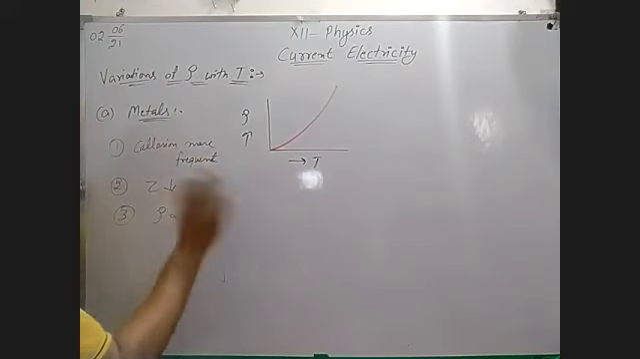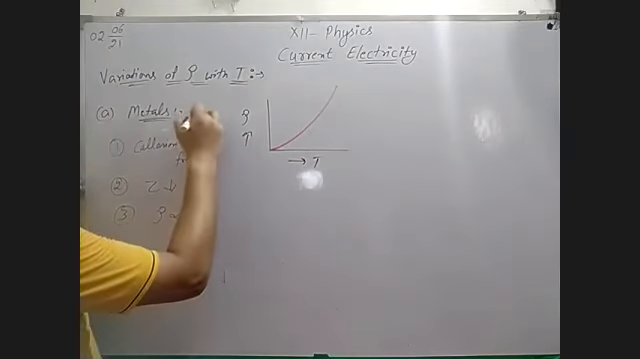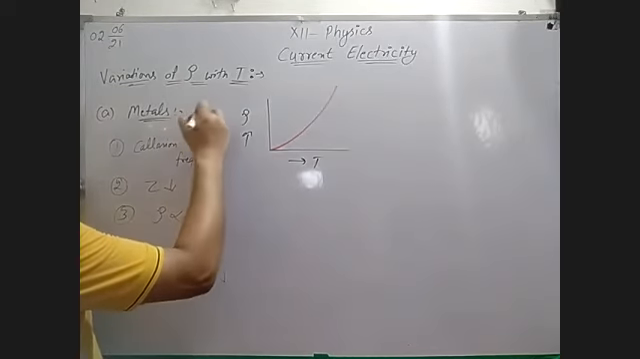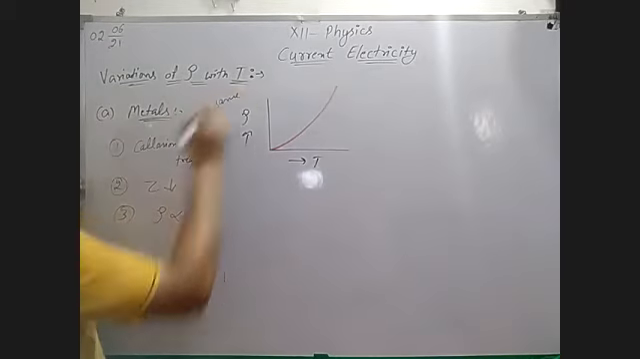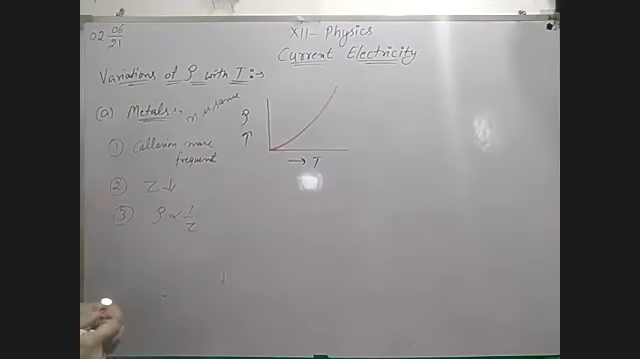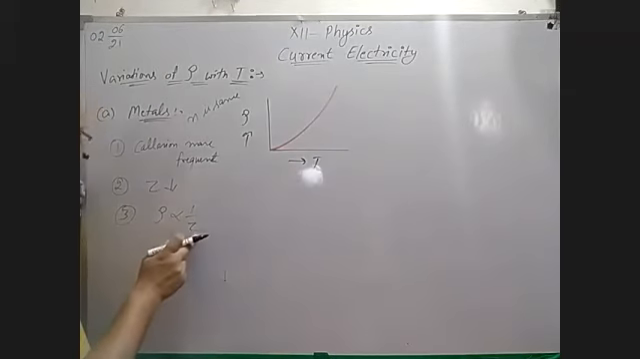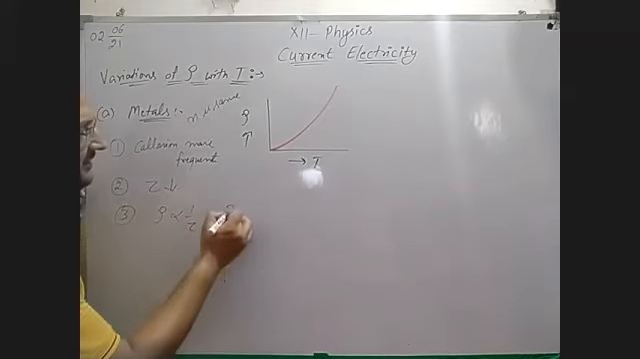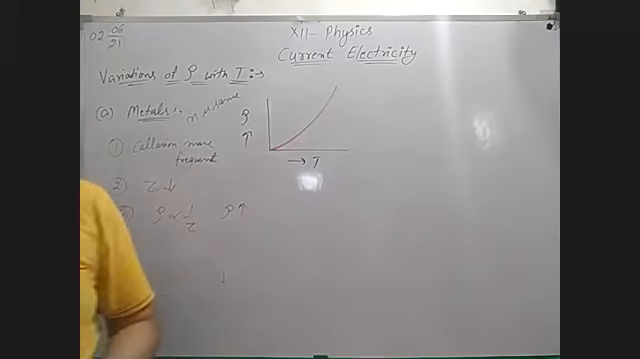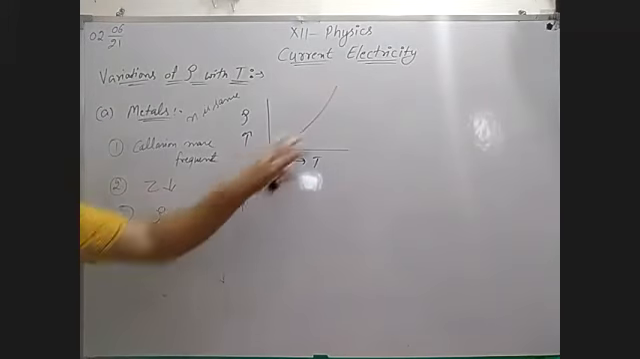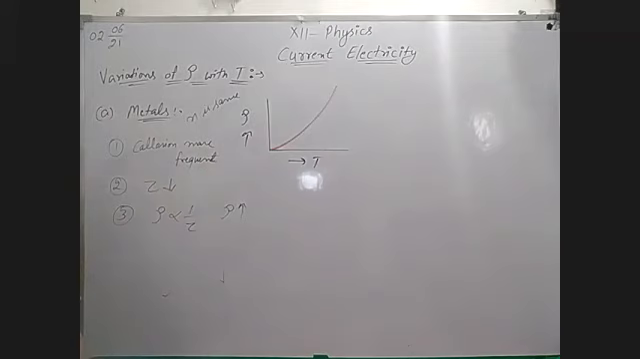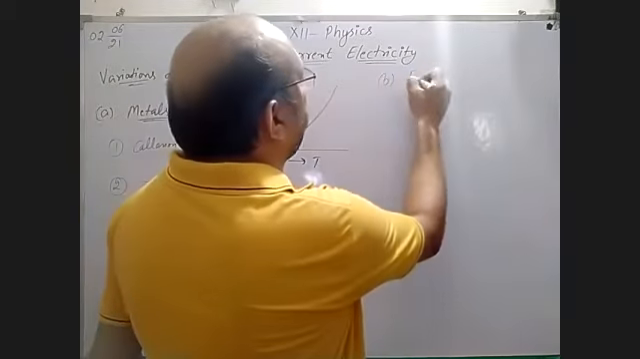And there is no effect on number density. Number density n is the same, because only the movement of free electrons is very fast. Due to this, collisions increase and relaxation time decreases. If relaxation time decreases, the graph will be like this, a curvilinear increase. Now, in case of alloy,